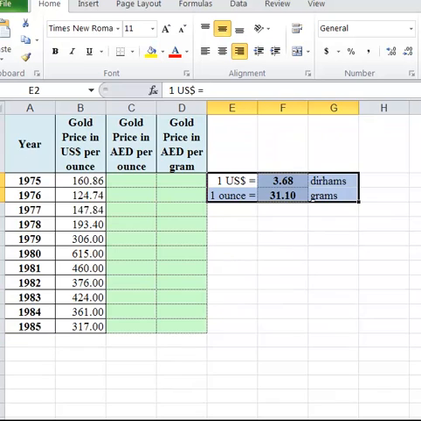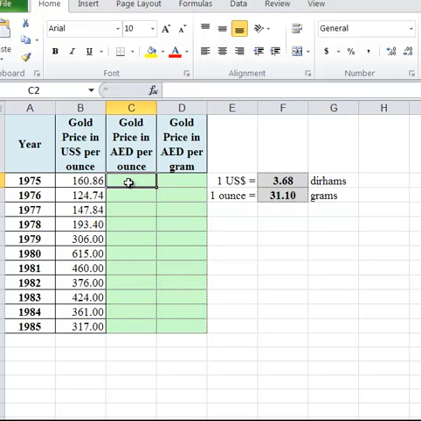Similarly, I'll take one more example. Suppose this is the price of gold from the year 1975 to 85 that is given to you. It's a price per ounce, given in US dollars. If you want to get its price in dirhams, click on the cell, press equals,